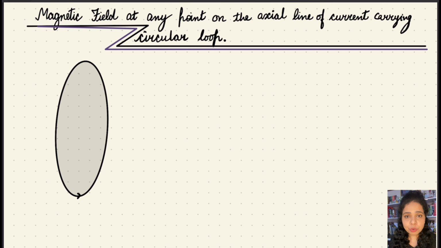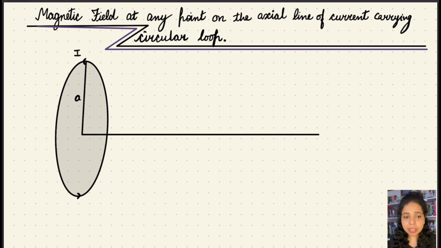through this circular loop in an anti-clockwise direction, and let us consider the radius of this circular loop to be small a. So small a is the radius of this current carrying circular loop, and we will draw an axial line that is passing through the center of the ring or loop, such that P is the point of observation where we have to calculate the magnetic field, which is lying at distance x from the center of the